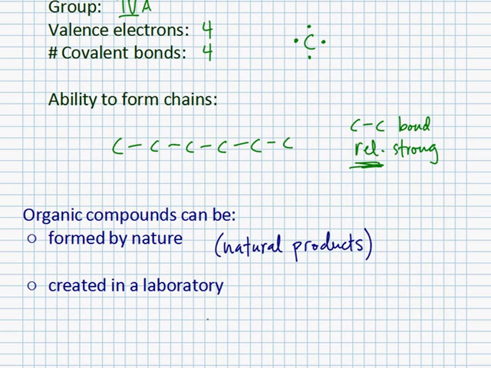Those are usually called synthetic products. And the exact same compound can be formed by nature and formed in the laboratory, right? Because there's no special magical vital force. A synthetic compound can be identical in every way to a natural compound. That's very important to understand, and it's a common misconception that a lot of people have, that if something is natural, it is inherently safer or better for you,